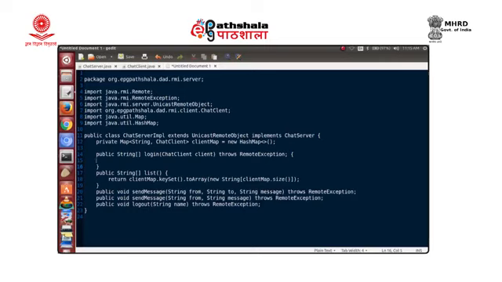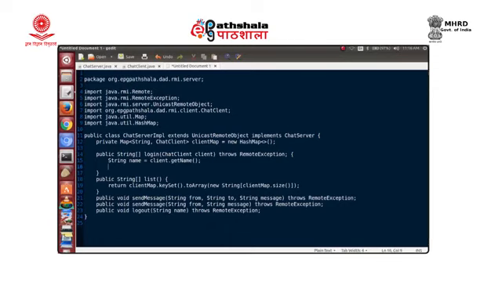So, here we have the... okay. Let us now think about when someone logs in. What do we do? Whenever a new client logs in, the first thing it has to do is fetch the name. So, it has a string name, which it will get from the client object. So, client dot get name. It gets the name of the client.